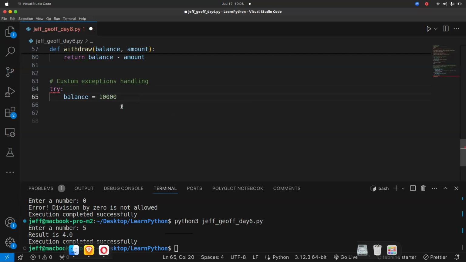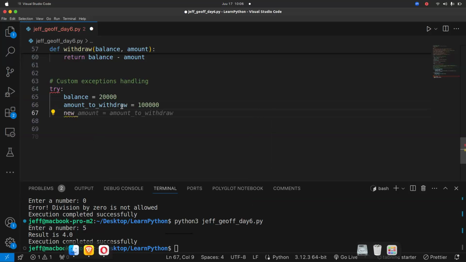Okay, let me even go higher, just 20K, and then we can create another variable here for amount to withdraw. Now you want to withdraw 100K. Crazy, right? And we have your new balance.